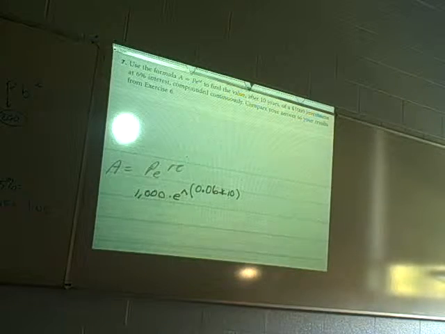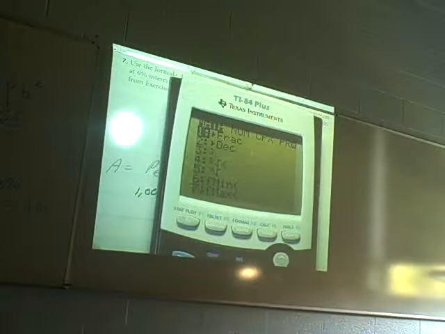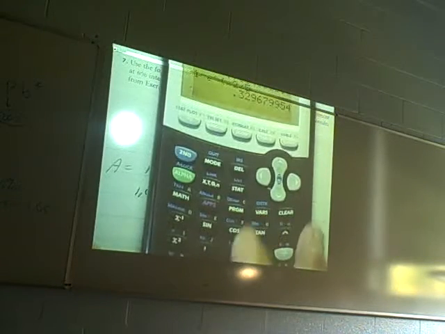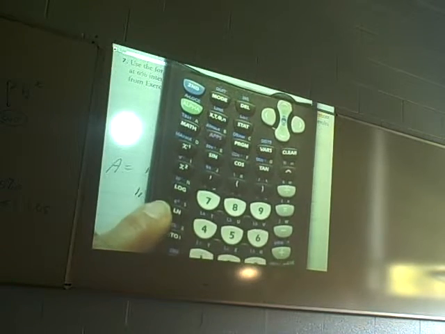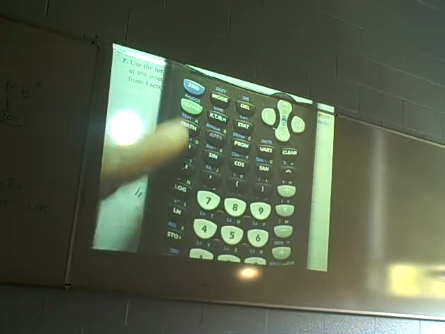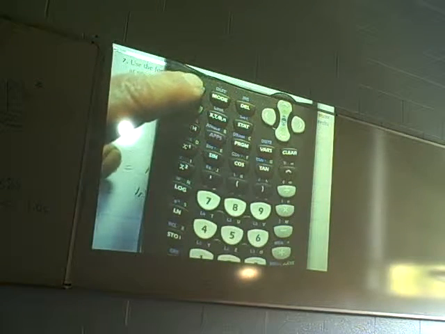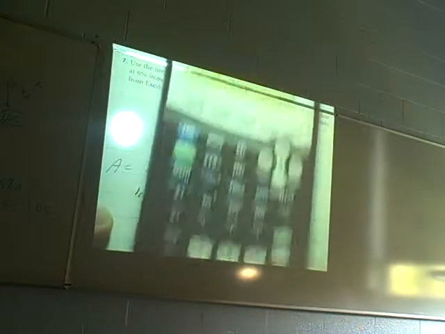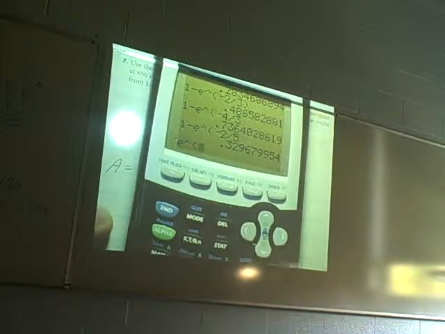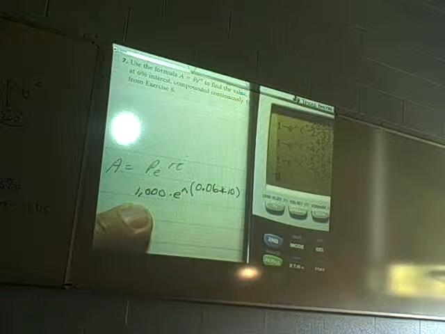And when we do that, I do want to show you there is another button that we can use on our calculator, and that is located right here. I neglected to show that to you today in class. It is under this first left column. It says LN, so I'm going to use second LN when I want to use e. Okay, so I'm going to type in our initial problem, 1,000